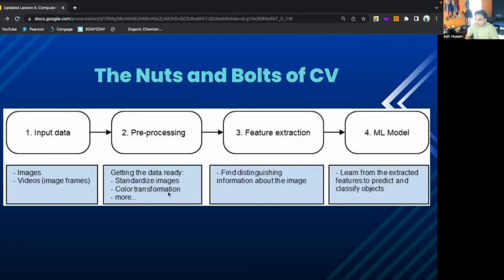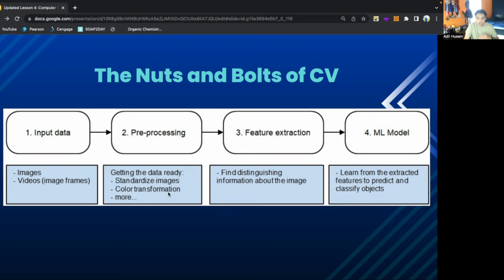So, you guys want to take a look at this flowchart? It's called the computer vision pipeline. It basically shows the key steps that you take to go from an input data, which will be a picture or a video, like a video's individual frame, to the eventual output, which is the image analysis or the model prediction. So right now it may seem a little complicated, but we're going to go step by step to